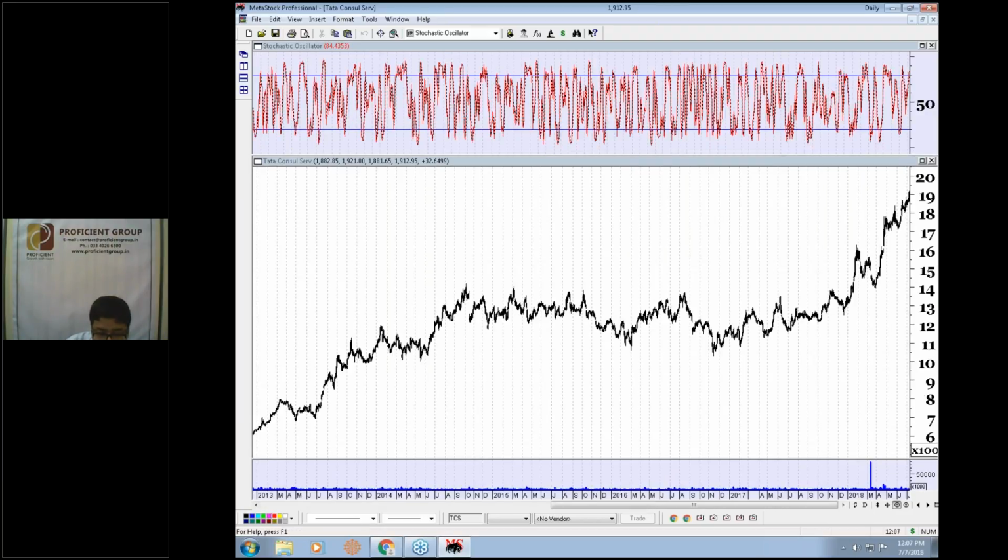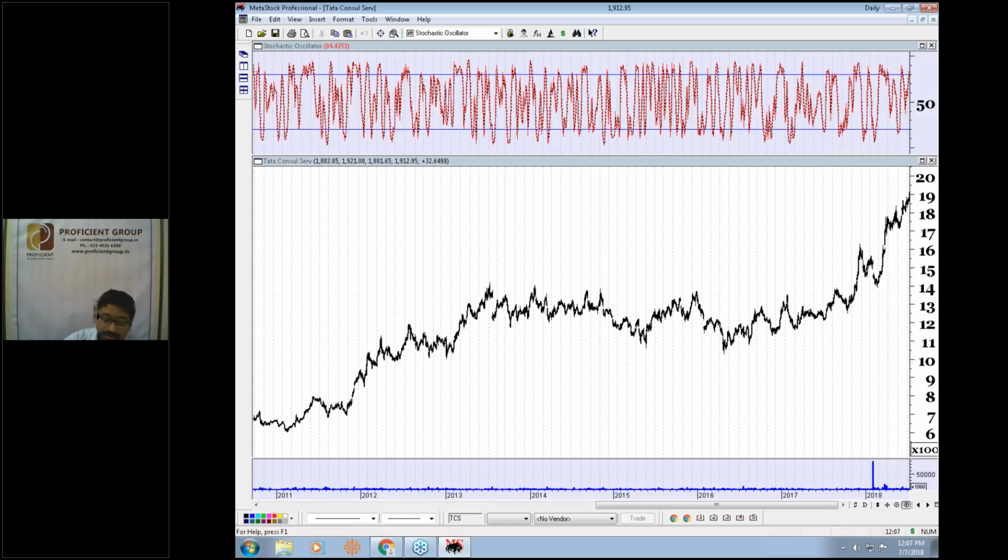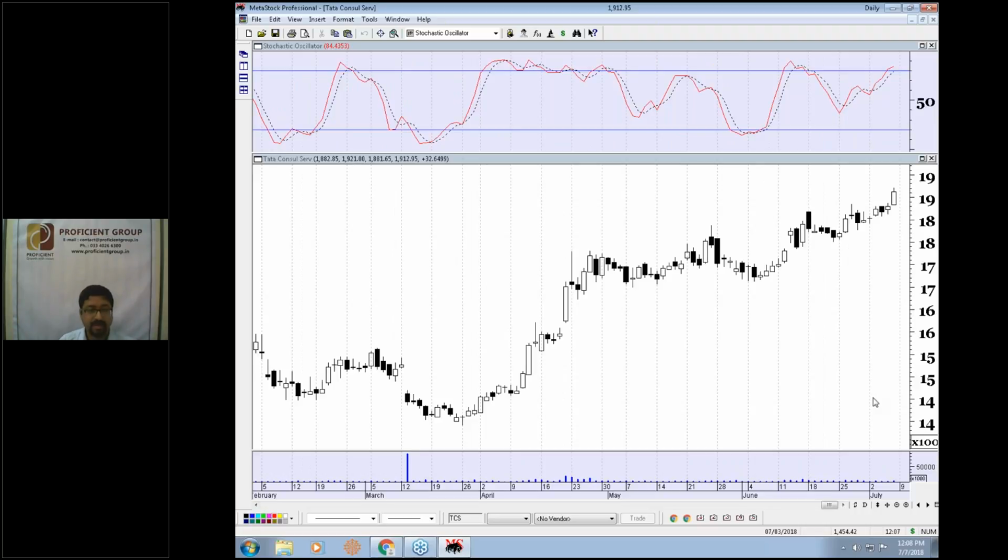So there's nothing much to say about it. TCS is a clear buy. Maybe there will be some fundamental reason to buy as well, because there is a rumor in the market that it will soon be giving some buyback options, but that apart, the chart itself is bullish, and we would like to trade TCS from the long side. The last important bottom was created at 1809, approximately 1800. So that will be our stop loss for TCS, and any pullback will be a buying opportunity. Even if there is no pullback, we have to buy TCS.